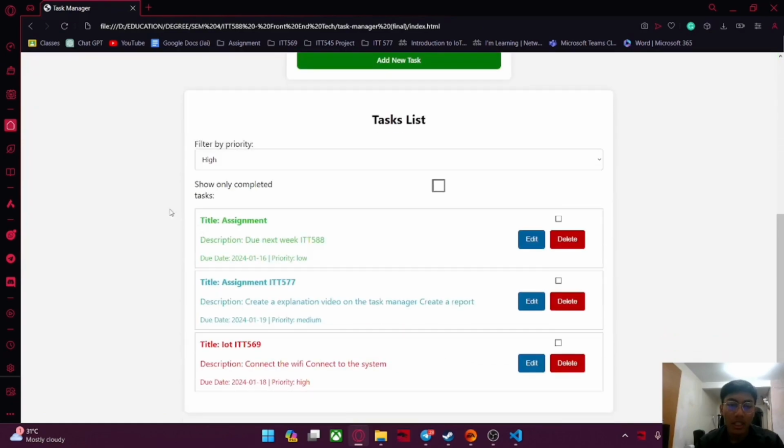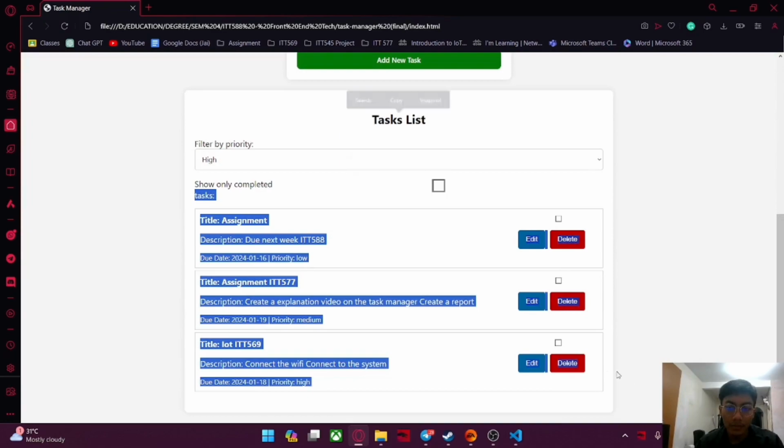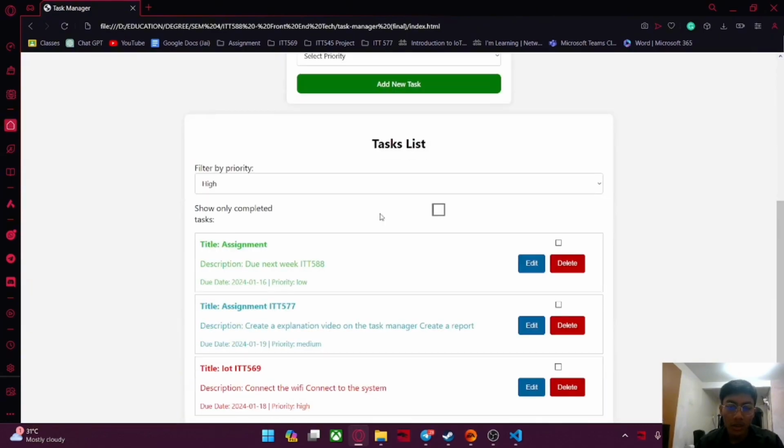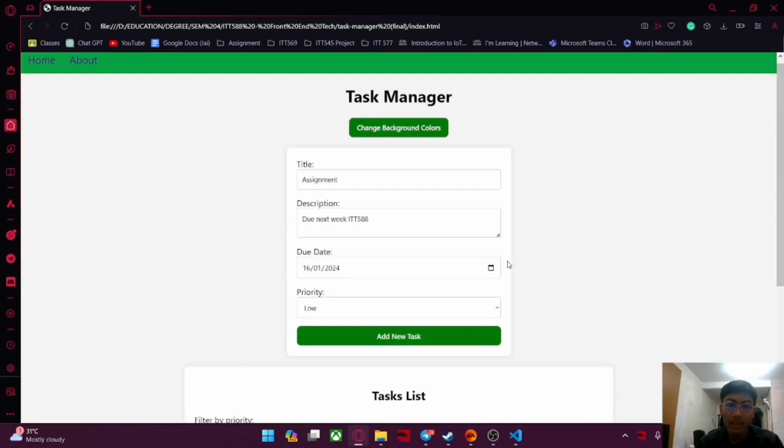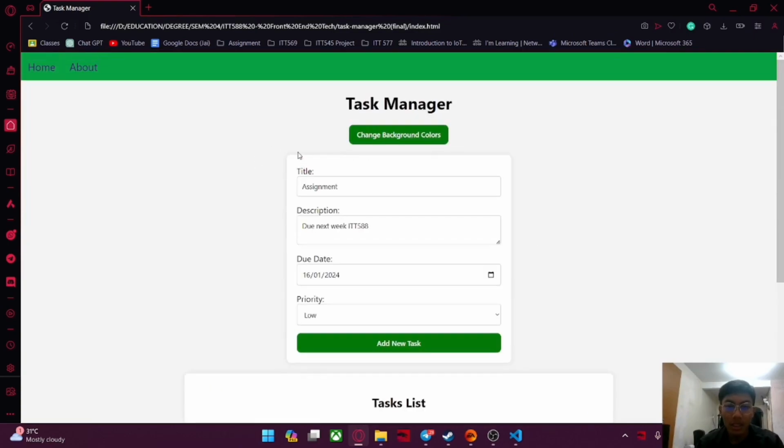Right now, as we can see, all the tasks created by the user will prompt under the task list. So from here, if user want to edit, as an example, the title is assignment. So they want to edit it, they can click the edit button. From here, the system will show all the detail of the task. As an example, the user want to change the title from assignment to assignment